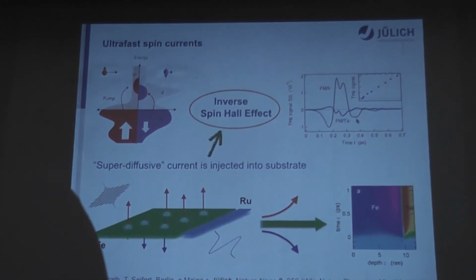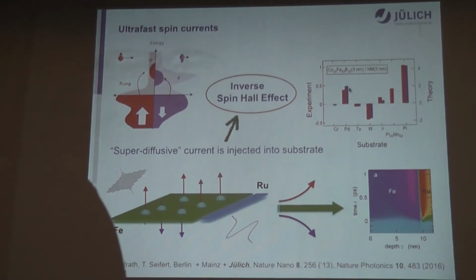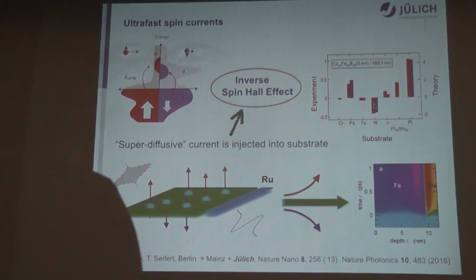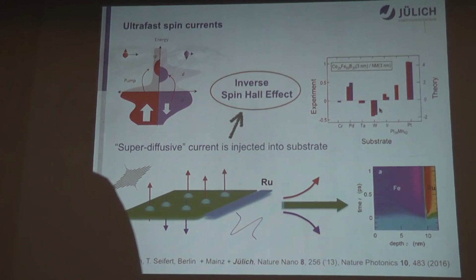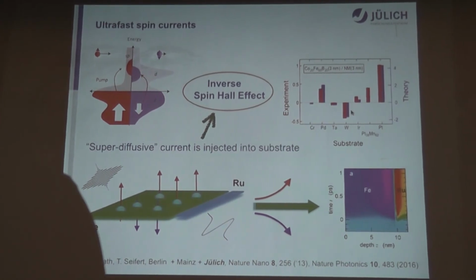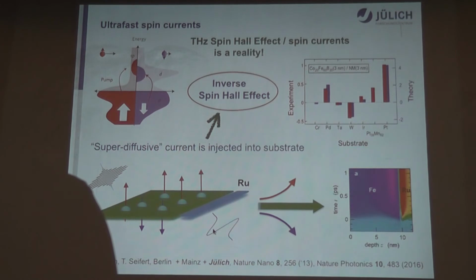And to do this, our experimental collaborators did a lot of measurements where they took a lot of different samples, different paramagnets. They measured the various terahertz signals, the terahertz radiation, the sign and the magnitude, and they plotted this magnitude of terahertz radiation versus our calculations for the spin Hall conductivity of these paramagnetic substrates. And what we discover here is a very close correlation between the two. It's actually perfect. This means that the whole terahertz radiation which we see here is generated by the spin Hall effect in the paramagnetic substrate. This is good news because we can say for sure that the terahertz spin Hall effect is a reality.